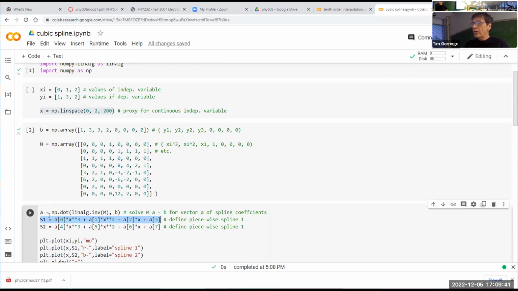And their coefficients are the first four elements of this vector A. And then here's the second cubic function. Again, it's got an x cubed term, an x squared term, an x term, and then a constant term. And the 4 coefficients of these terms are the last 4 coefficients in this vector A. And so S becomes,